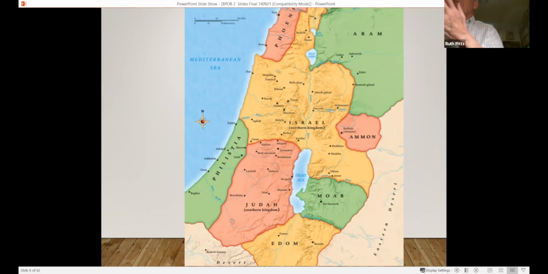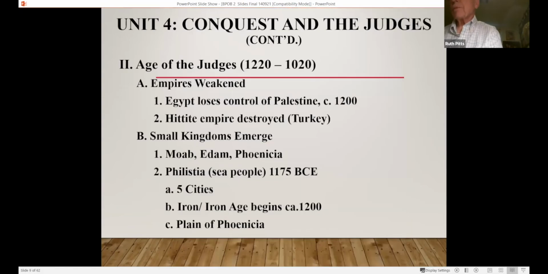And then Aram, and that's modern Syria, and we'll have contact with them. And then further off to the northeast will be three groups of people who will come and invade this area. First the Assyrians, and then the Babylonians, and then the Persians. And all of those are going to have some play into the story. In part because those folks would all like to go through this land and control Egypt, or as close to Egypt as they can come. All right, let's move on.